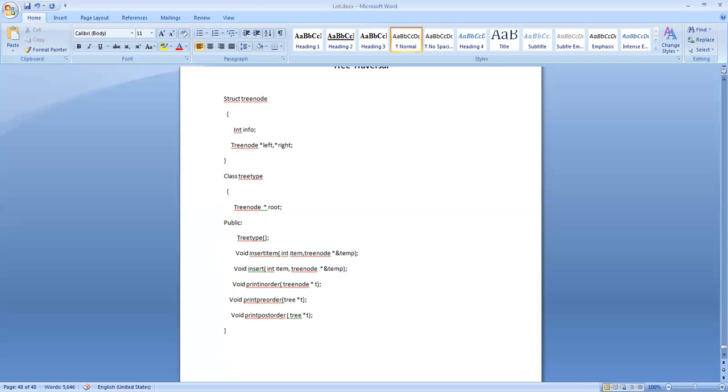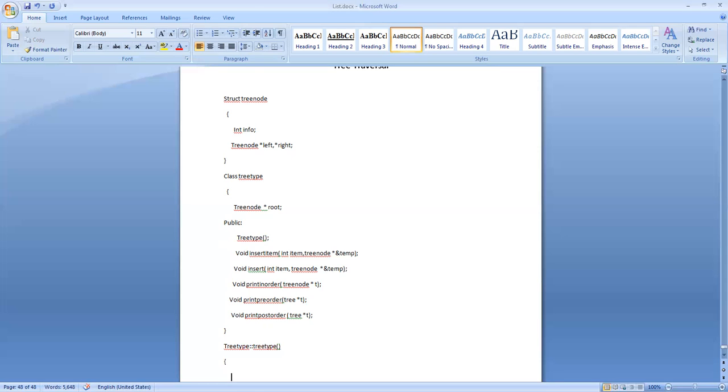First we go for the constructor tree type. How do you create an empty tree?